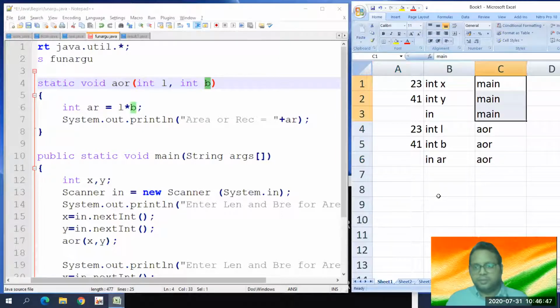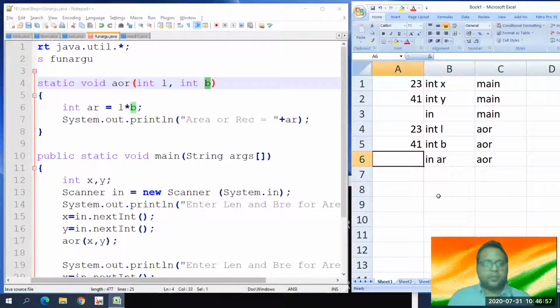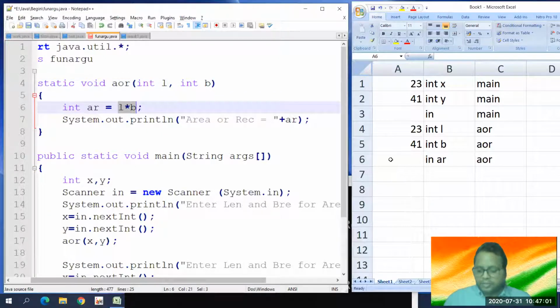Always remember, these variables are created in the main function, but these variables are created when the AOR function was called. The value of ar is going to be l times b. So whatever the value of l is, just refer to l and b. 943 is the value of ar.